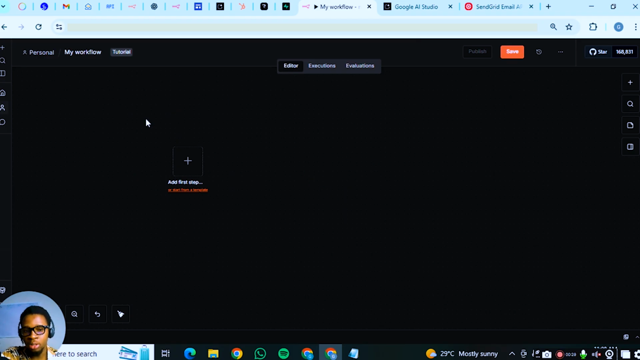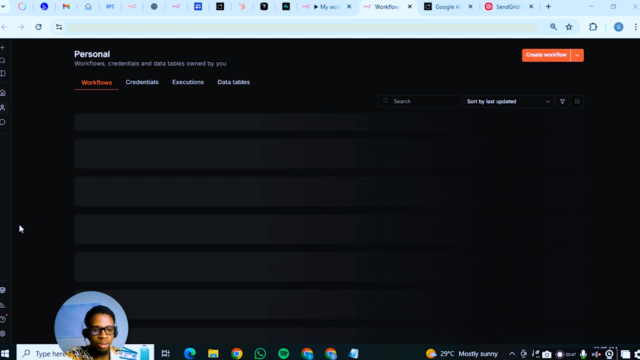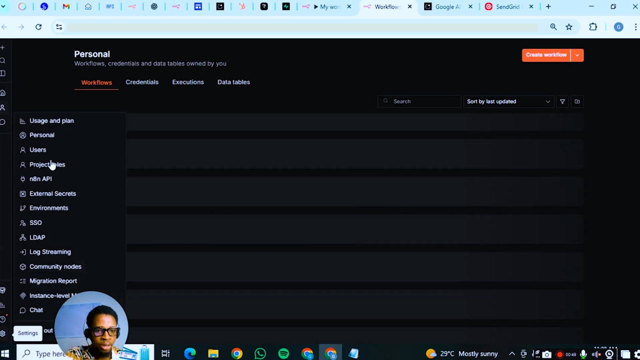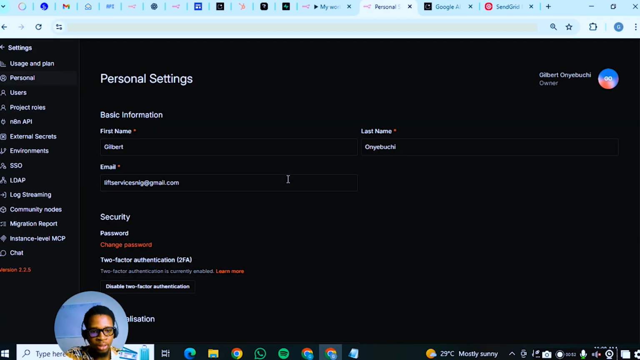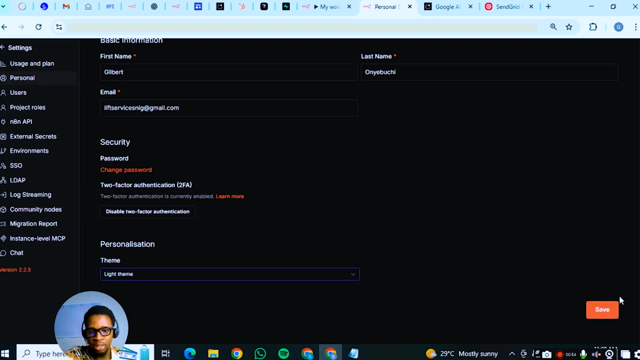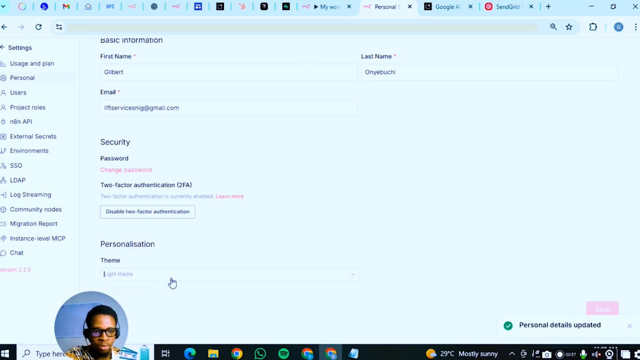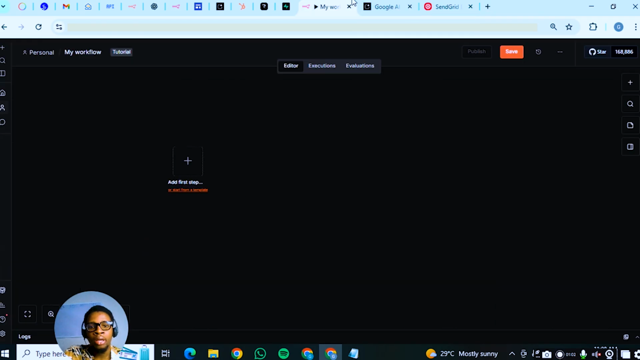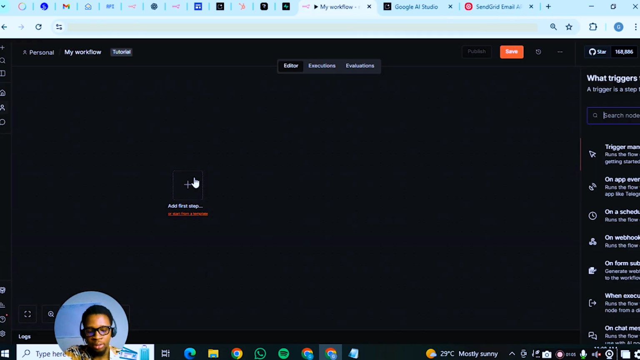Before that, I'll be building in the dark theme, and if you want to change to the light theme, you can always do that and just go to your settings. Okay, let me just do it here with you guys, but I'm going to show you. You just go here and then go to your personal, and then you can change here, click save, and then you go to the white theme. I love building with the dark theme, so in this tutorial I'm going to show you guys how to build an email workflow. So first off, we're going to